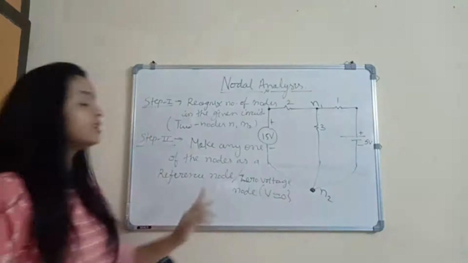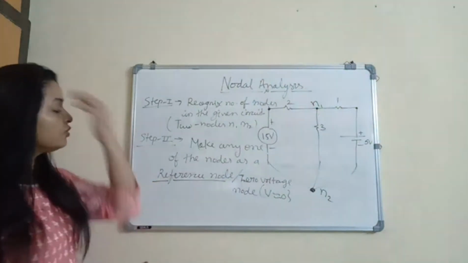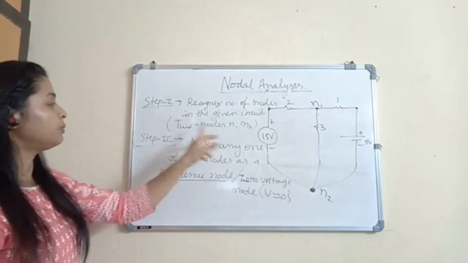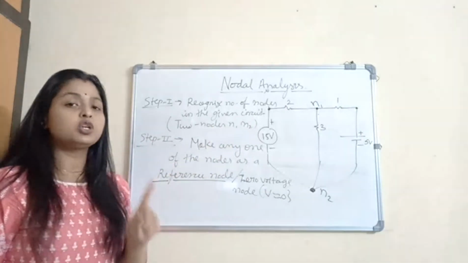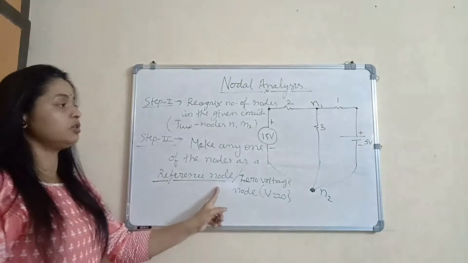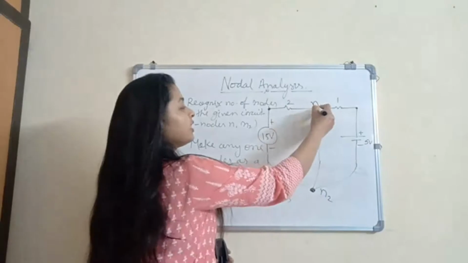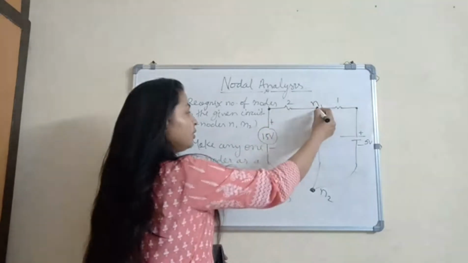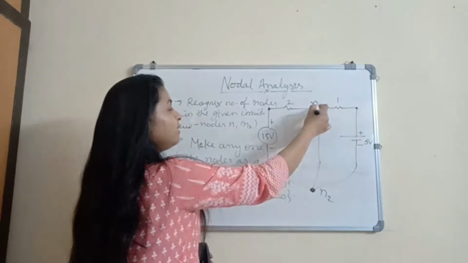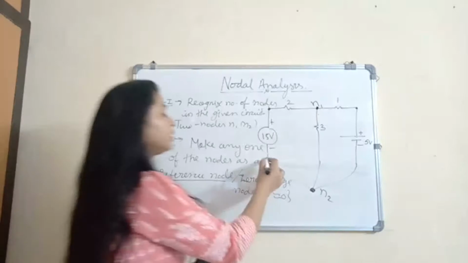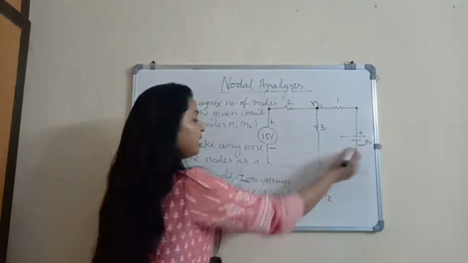So this point is considered as the negative terminal or reference node. So we can say it as a reference. While assuming the nodes, suppose here I'm using two nodes. One of the nodes should be assigned completely as a reference node. For convenience, we can't make this node the reference node because current is entering into it. The whole circuit is connected here. You can see this current is also entering, so I can't make it zero. But yes, I can make this a ground terminal, which is connected with the negative of the battery.